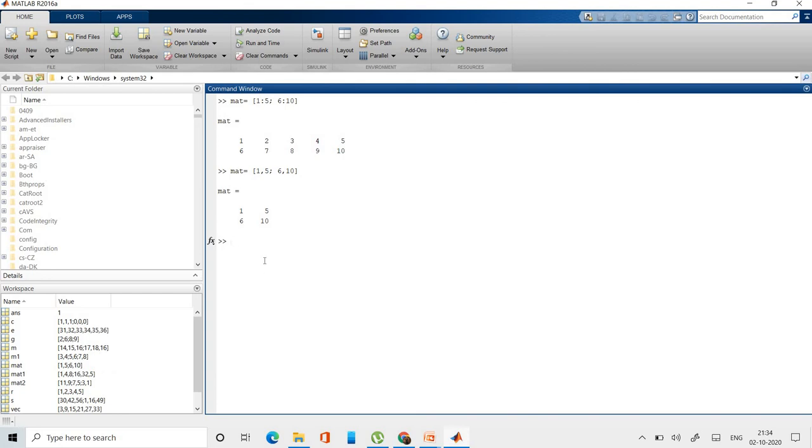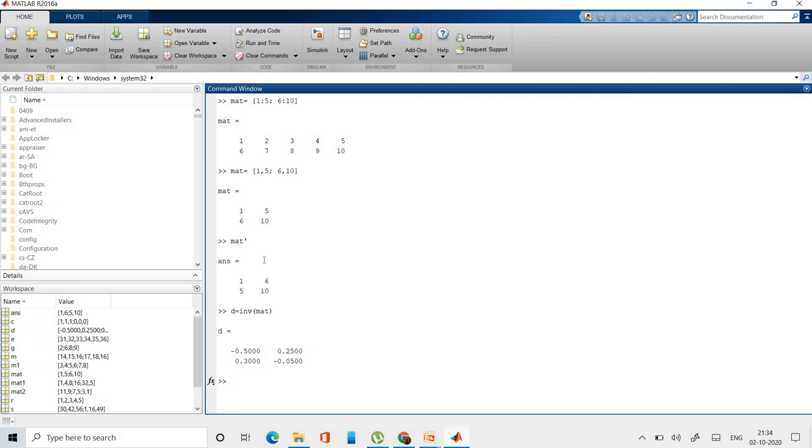Suppose now you want to perform the transpose operation over it, just type in the apostrophe over it and you will get the transpose. Now if you want to find the inverse of this matrix, just take a variable and type the command inv, and type in the matrix you want to find the inverse of.